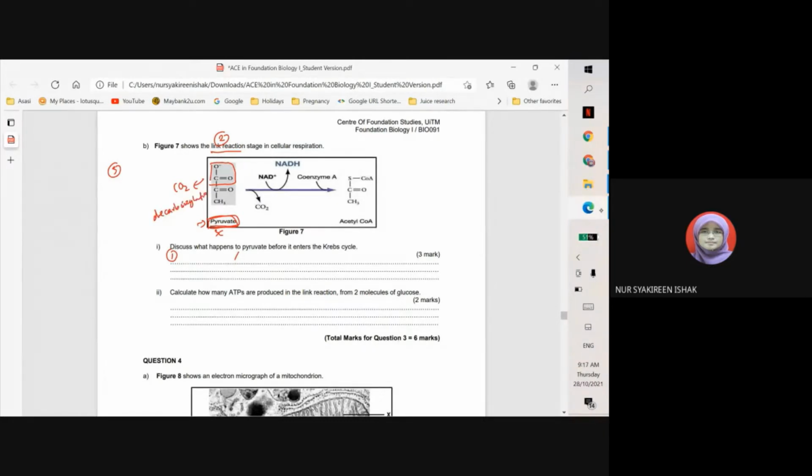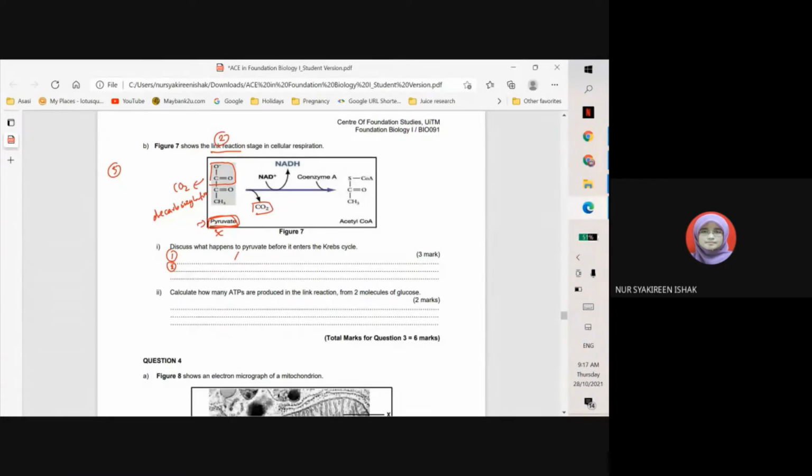Okay, xylation. That is for the first point. Okay, first mark. The second major reaction that occurs during link reaction, if you look at this diagram, tadi yang carbon dioxide release tu kan. So now when carbon dioxide is released from pyruvate, the process also